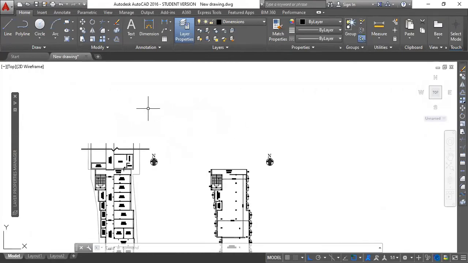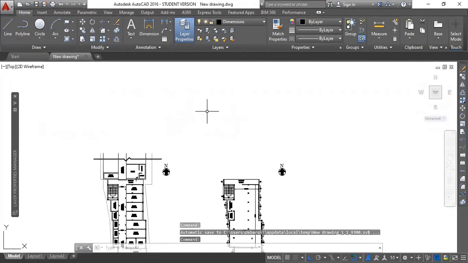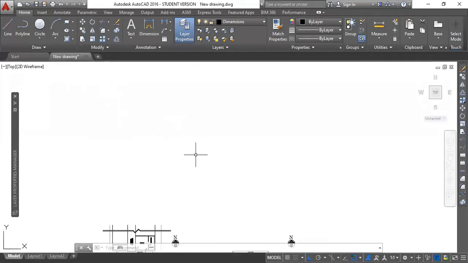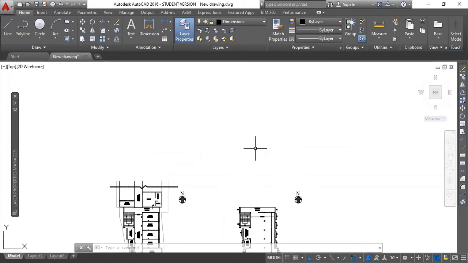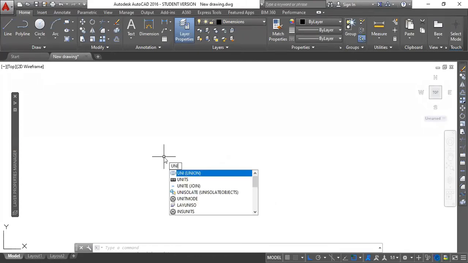So okay, let me quickly tell you, because yesterday I was talking about some concepts, and you will be thinking. So let me quickly go through the commands once again. This is the AutoCAD interface. I have already told you how to switch the grid on or off and start drafting. You can even keep the grid on. At the very beginning, you need to set your units. I'm repeating that again: UN, enter.